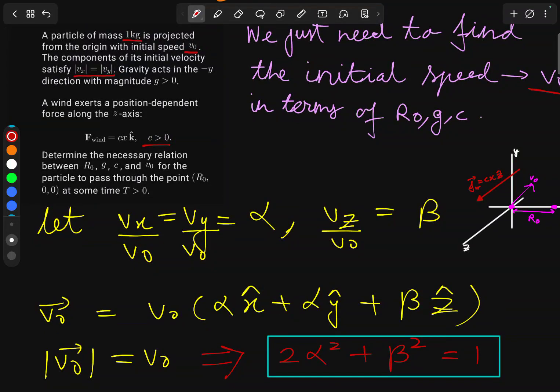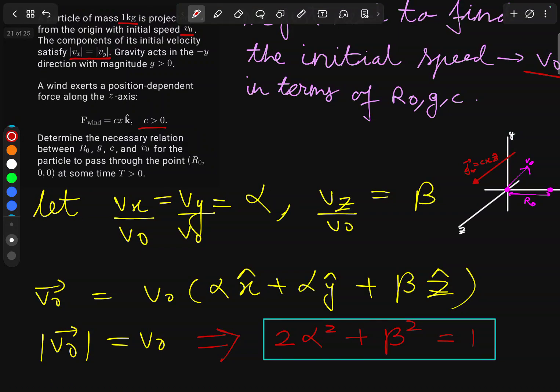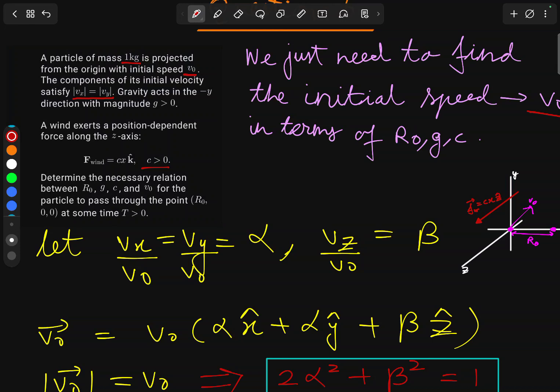Now the thing here, first of all, the assumptions. I'm going to be letting Vx by V0 equal to Vy by V0, obviously, because this is given here, that Vx equals Vy, is going to be equal to alpha, and Vz by V0 is going to be equal to beta. Why I am doing this is because I can write down the velocity vector like this. That is the thing. Nothing has, also in the question, nothing has been said about Vz,